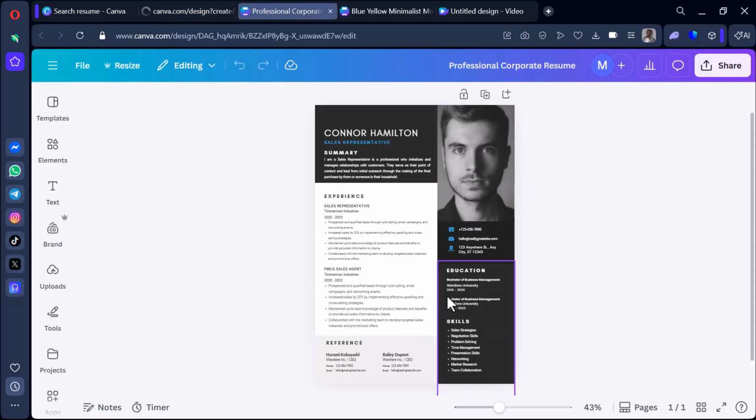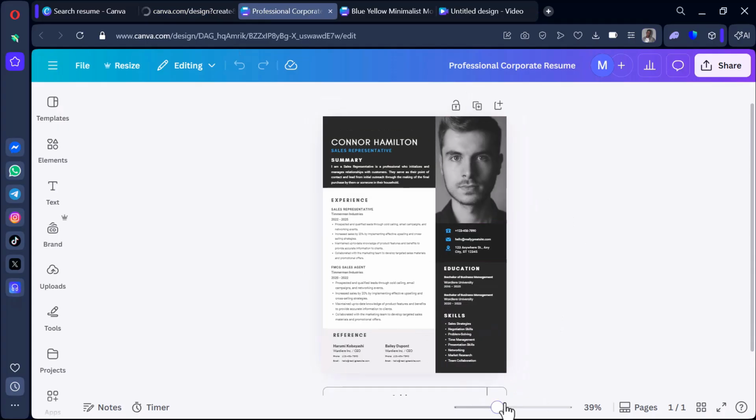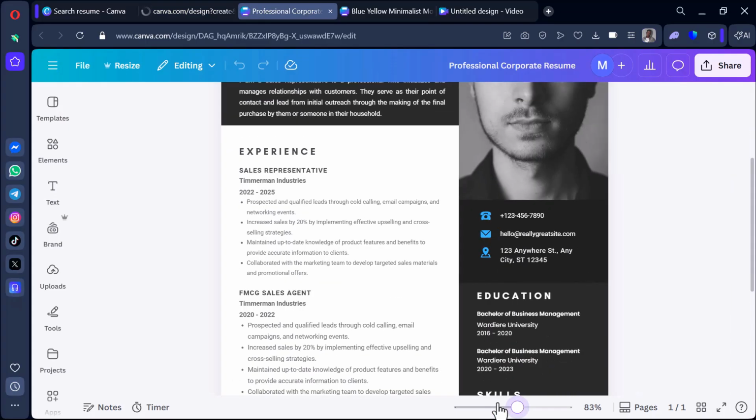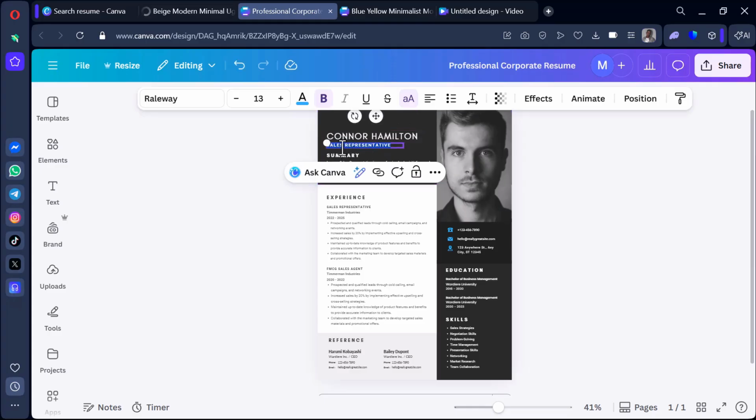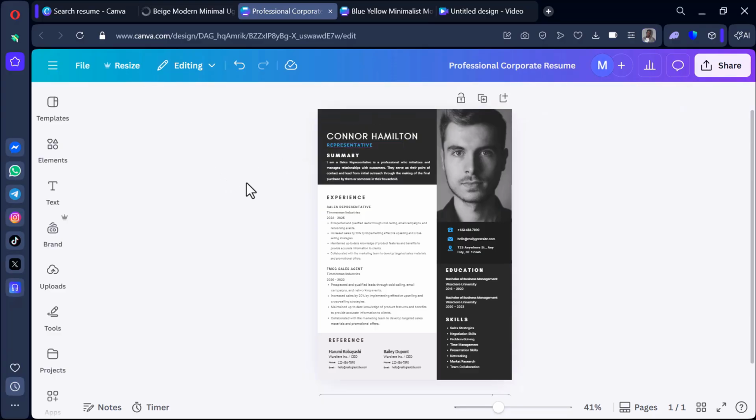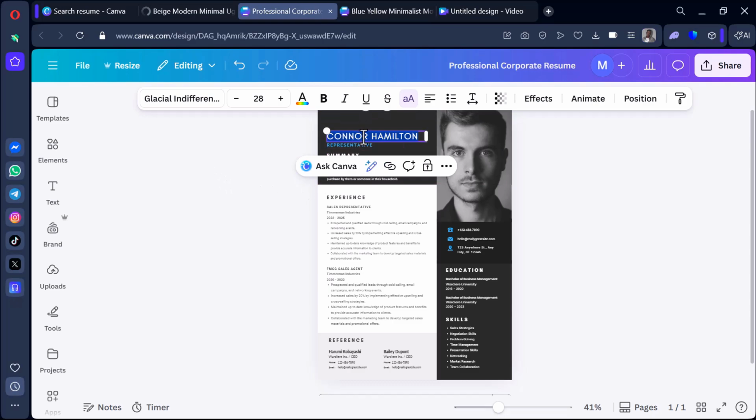When you click on customize this template, it's going to open up in a new tab like this, giving you countless opportunities to edit. So let's say you've opened up a template and you want to make it yours, something that would represent you. Depending on what role you are holding in real life, you could simply enter that into this little box here. So let's say you're a representative instead of a sales representative, and your name isn't Connor. Let's say your name is